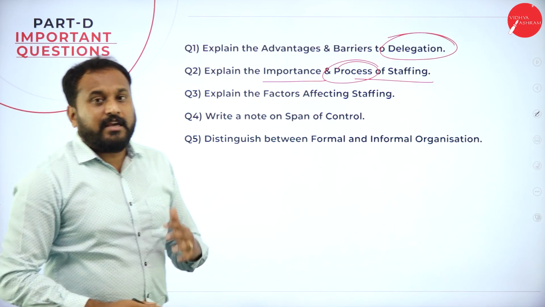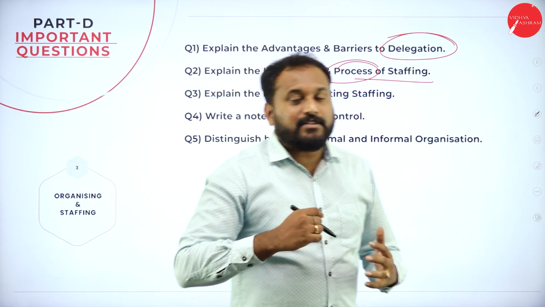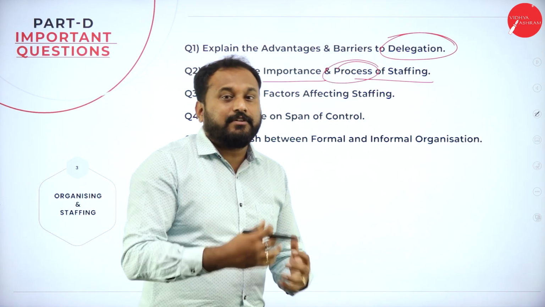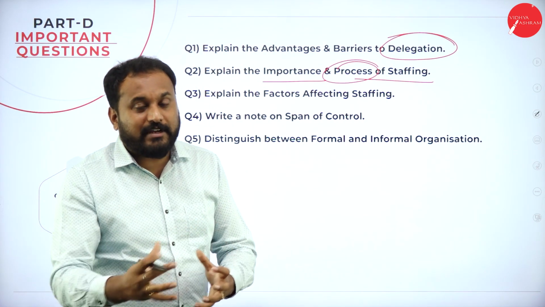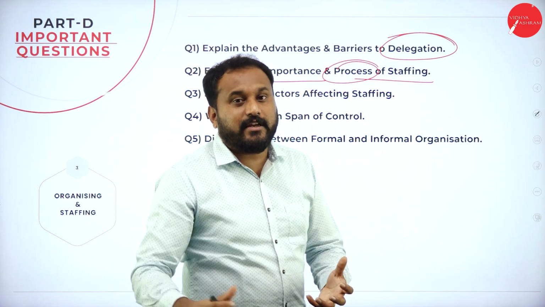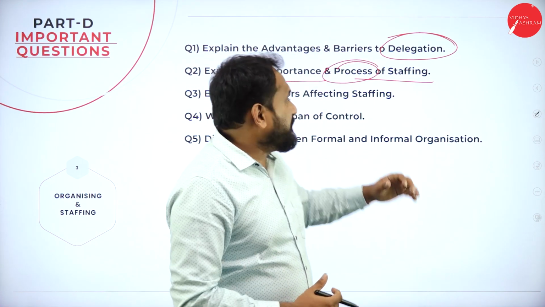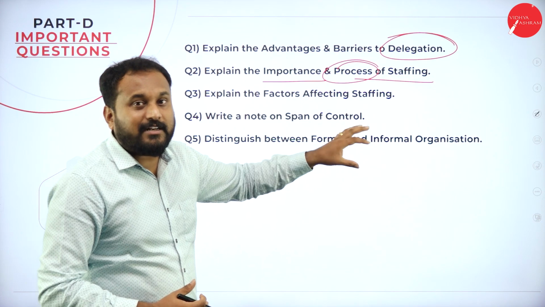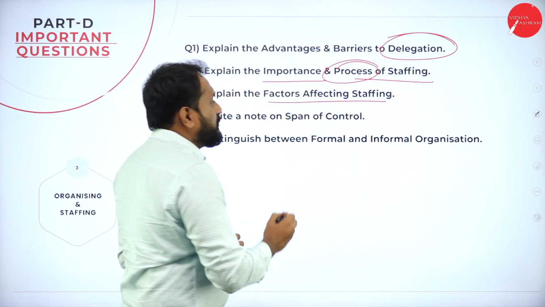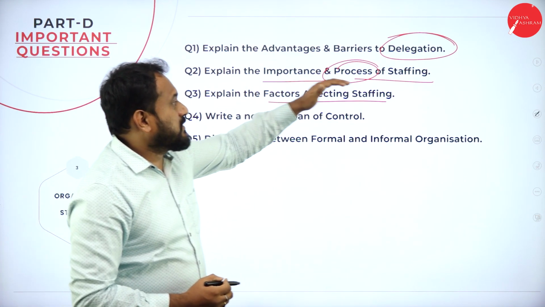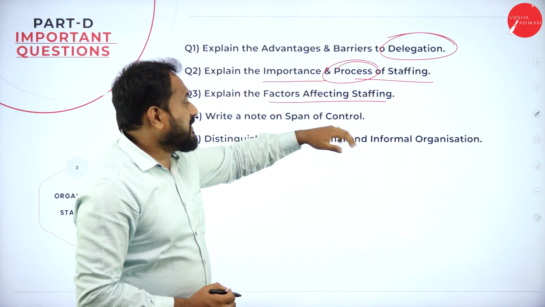Staffing is a very interesting chapter. You can actually take so much out of staffing, that is like you will get the knowledge about how staffing happens, because after you finish your degree, when you go for any interview, staffing is a really nice chapter where you can understand so many things. Next is, explain the factors affecting staffing. You will get a question called process of staffing or factors affecting staffing.